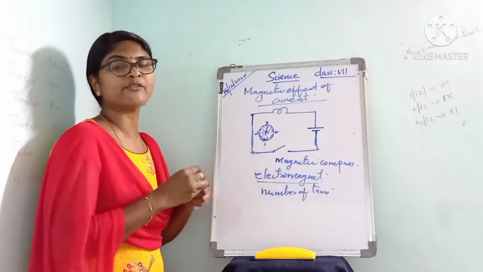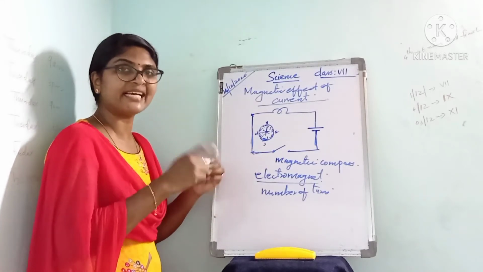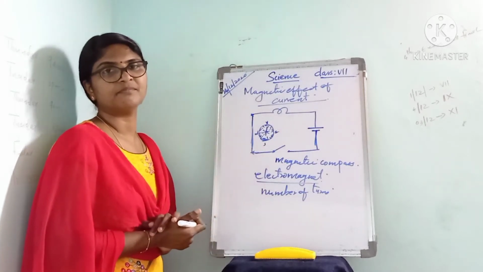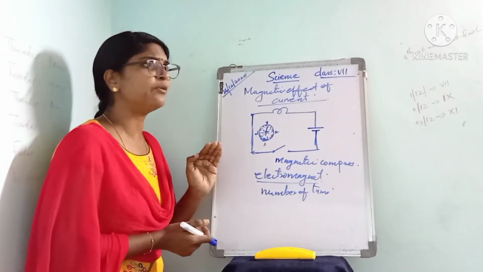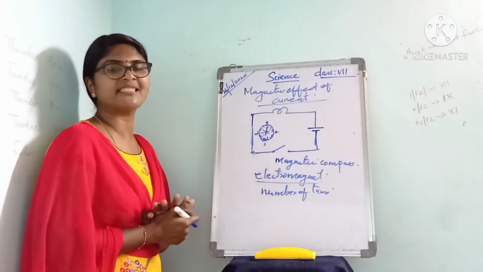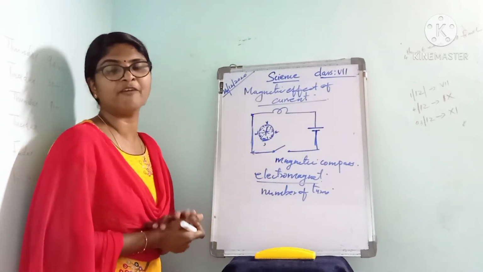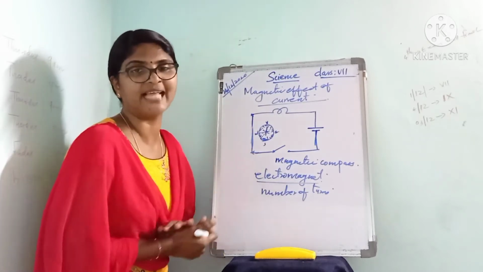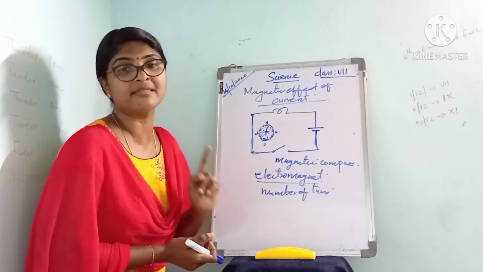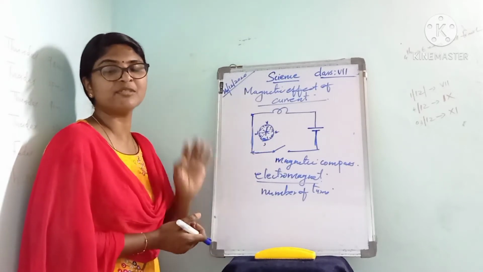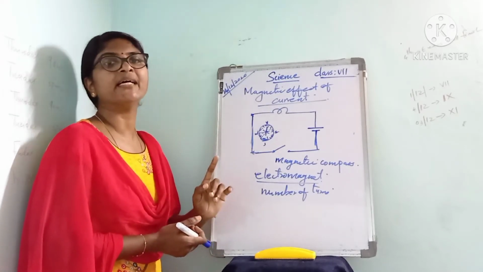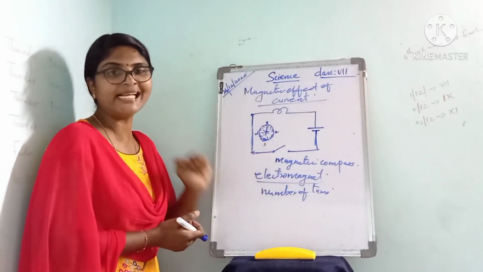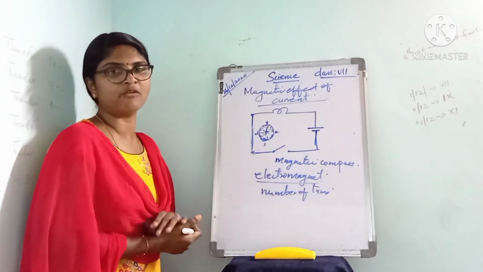So the strength of that electromagnet can be increased by increasing the number of turns of the wire wrapped around it. Listen to it. For example, a nail having wire forming 50 turns around it will be more powerful than a nail having just 25 turns around it.